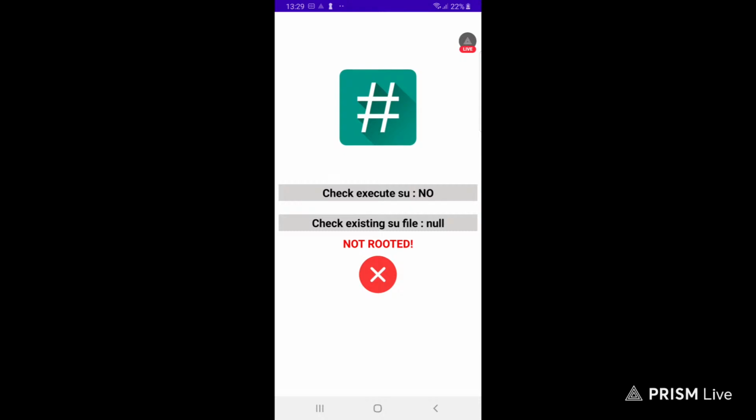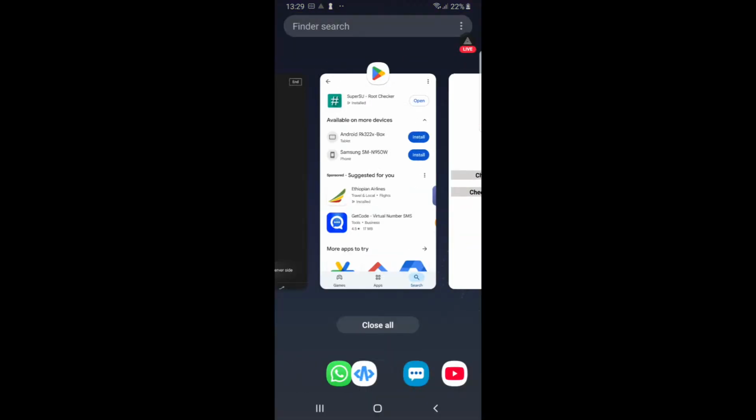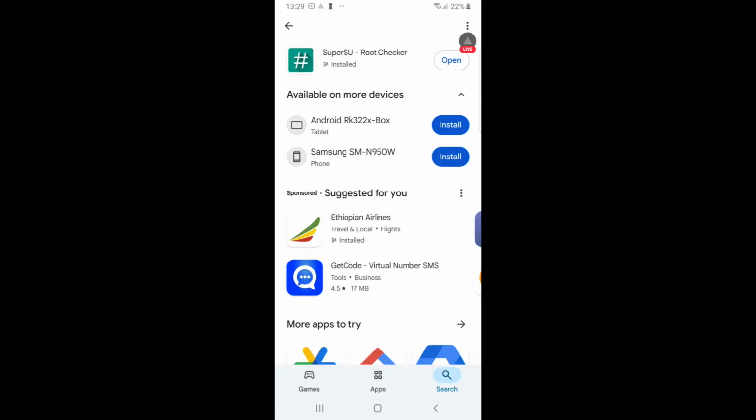I am expecting you to root my phone, not to check if it is rooted or not. Or maybe I am installing the wrong application. Let me read the description. Root Checker. Okay,